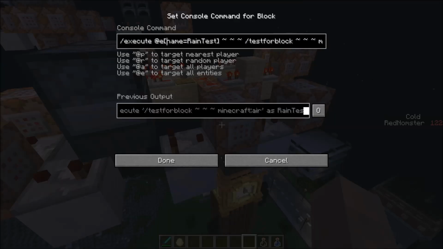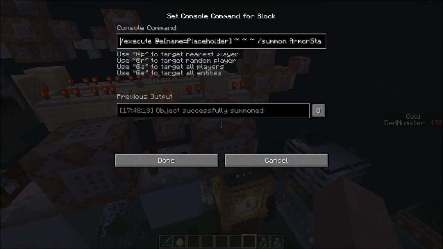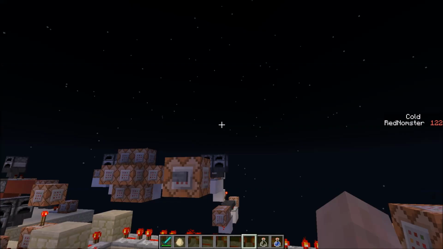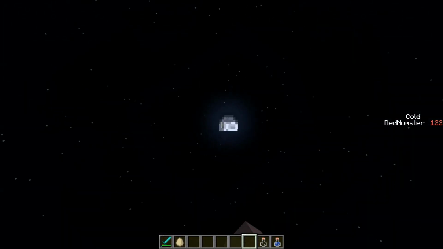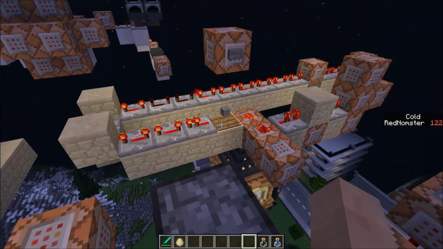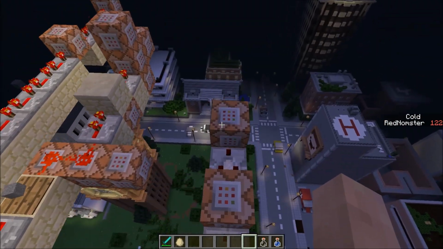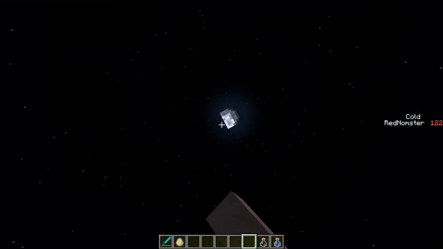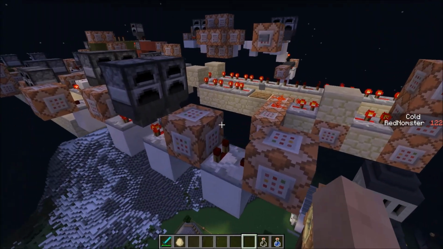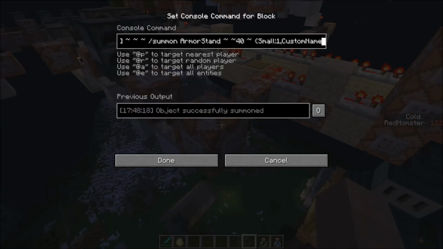Anyways, what I'm doing is I'm executing at rain test, and I'm testing for block air, like I said. Then that executes at placeholder, which is where I was when I set that fire, relative to my player. It summons an armor stand at where my player was. So basically, it's my ghost player going back in time, testing where that fire was. So it's placeholder where my body was, and then it's executing at placeholder and summoning an armor